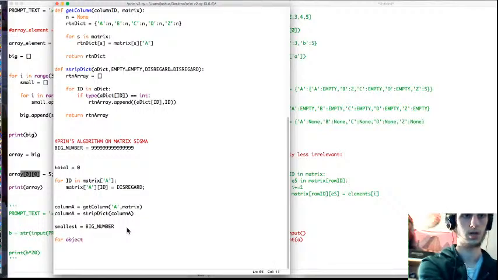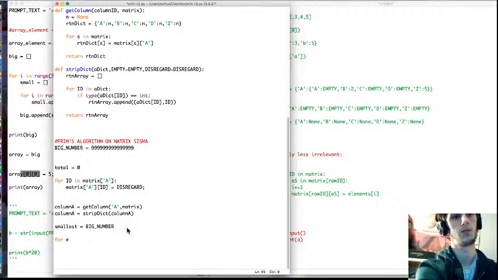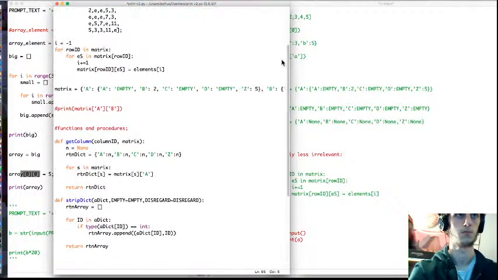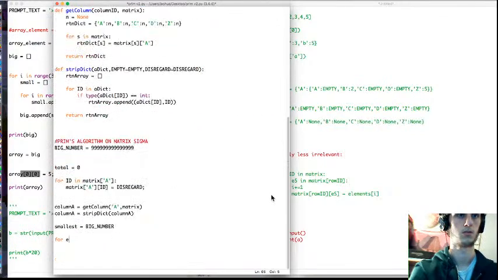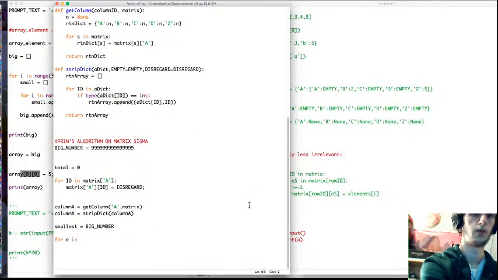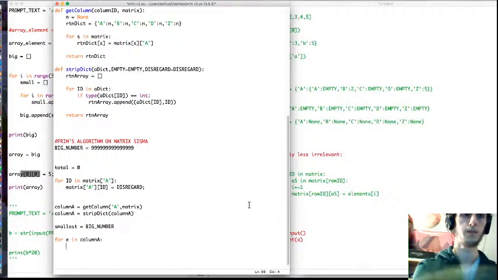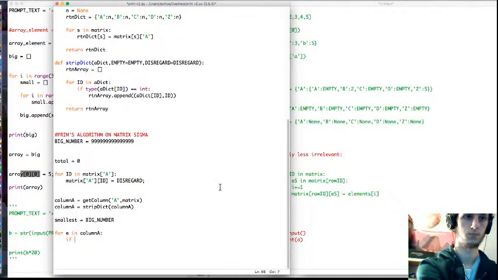For objects. Oh, I can't use object. What word shall I use instead of object? Choose element. No, I want... but we can't use E. I've used E earlier. Should be fine. They can figure it out, hopefully. For element in column A, if E,